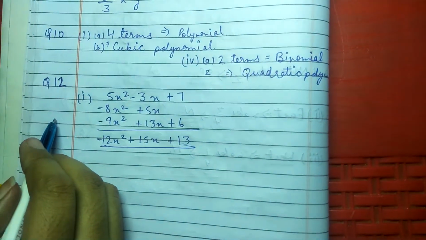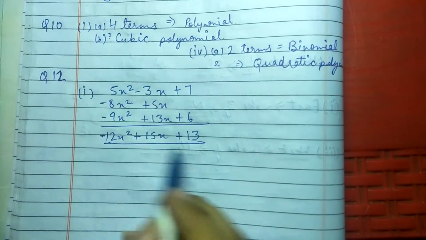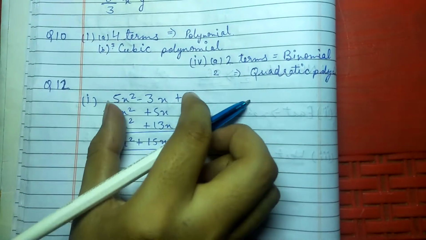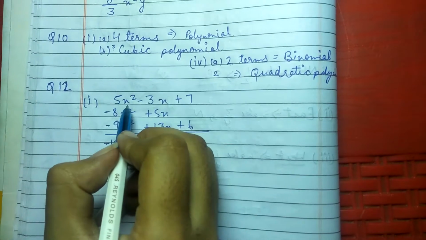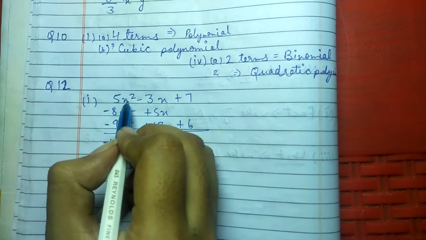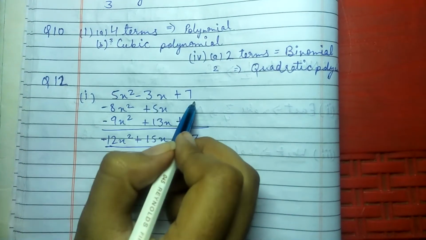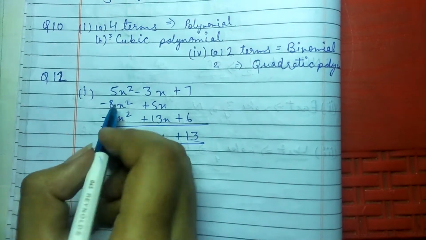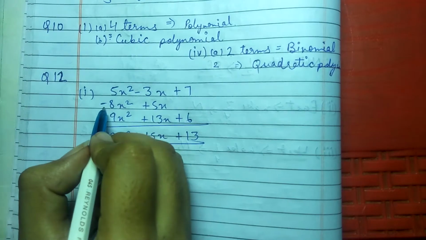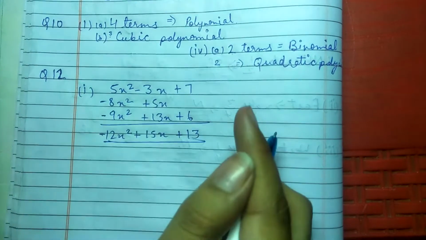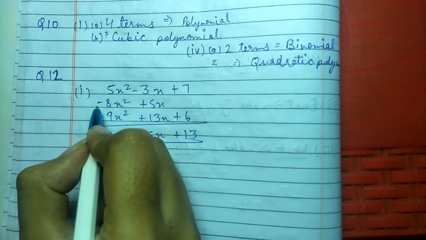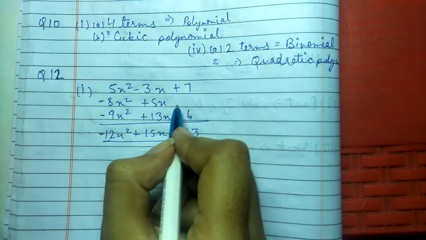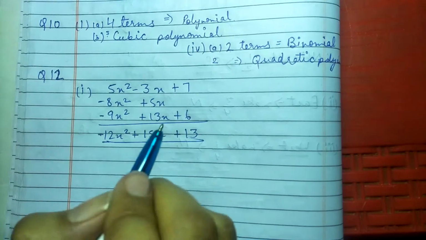Then it's the 12th question, and it is a sum, and you have asked me why it does not have this part. If there are 3 equations, we write them in descending order. First it will be square, then the term with x, and then the digit that does not have any variable. Then for the second term, remember we have to put the sign as given in the question, so we write here minus 8x square plus 5x, and there is no number here, so we will not write any number.